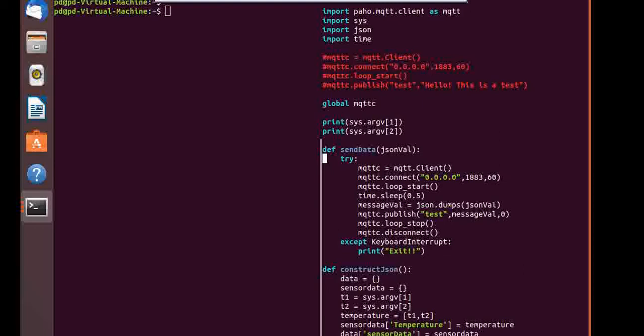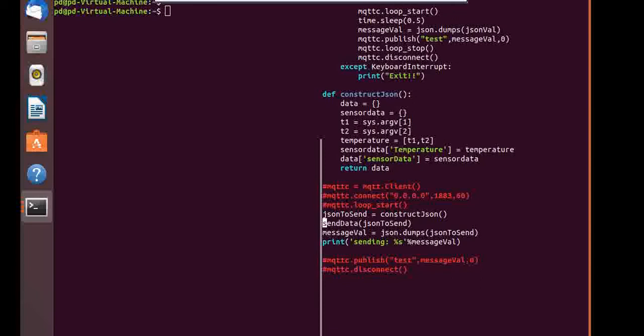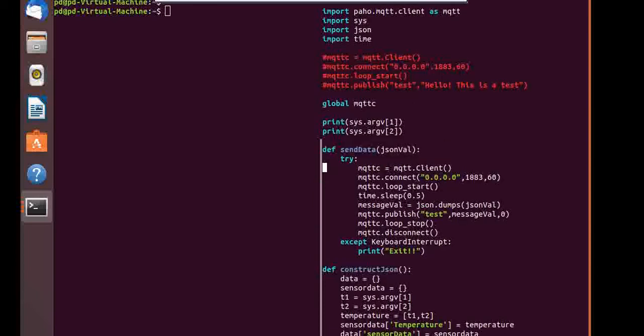The two arguments will be taken as temperature values from the sensor, and then it will try to send that data through an MQTT connection, which runs on port number 1883 as shown here. And I have installed MQTT on my local machine, which I can start from here.